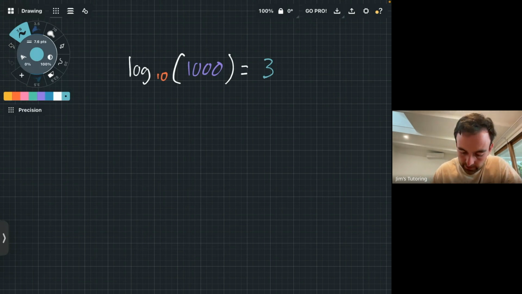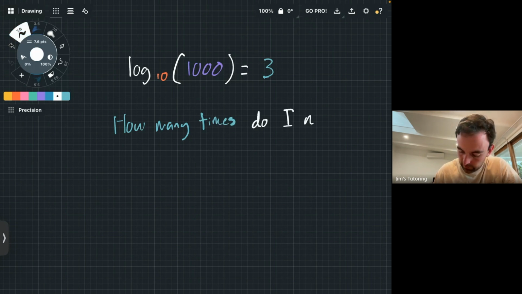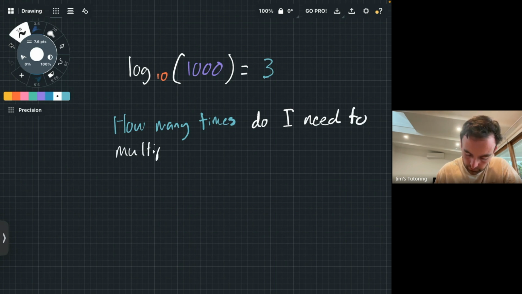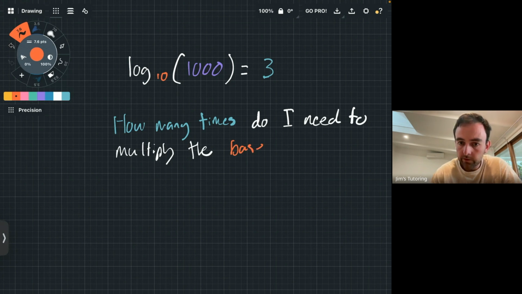So basically, this question is saying, and I'll try to color code this, how many times do I need to multiply the base